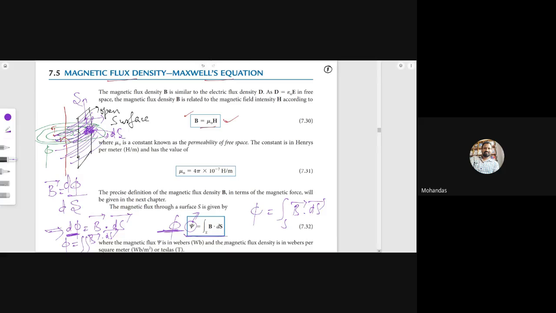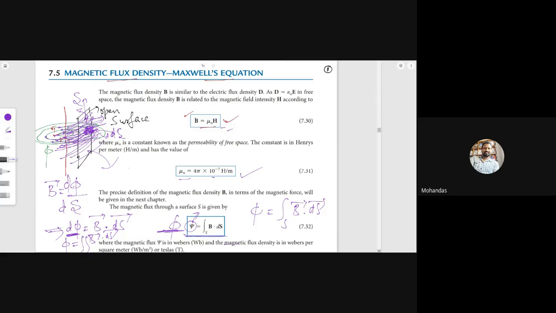And the value of mu naught, you know, is 4 pi into 10 to the power of minus 7 Henrys per meter. And you know the relation between B and H: B equals mu naught into H. Here what I am trying to say is that the flux lines are leaving in this fashion. The flux lines are crossing this open surface area, and this surface area is held perpendicular to these flux lines, right? Now, this is for an open surface.